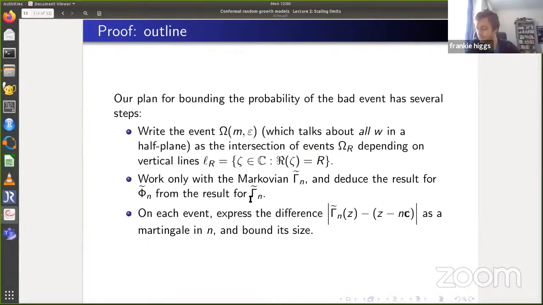And through things I don't want to get into, that leads to the scaling limit being a Schramm-Loewner evolution, which we were all quite excited by. The current thing I'm working on in the same field is going back to this 2018 result of Amanda, Frederick, and Alan, and looking